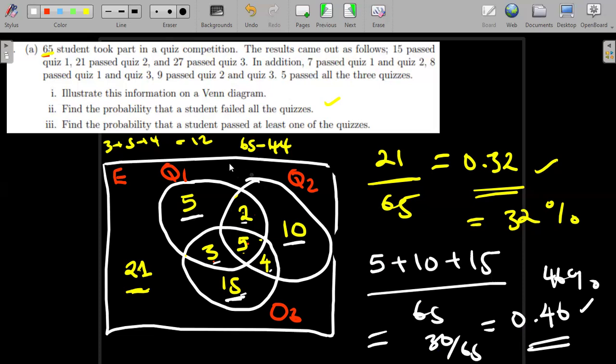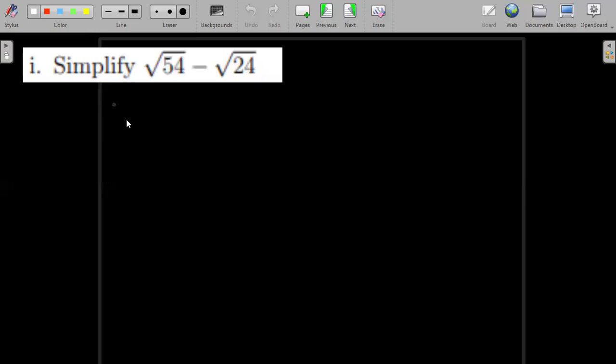All right, so we move on to the next question. We have this question here. It says simplify. We must simplify this. So how do we simplify that there? When you check the first one, you have root of 54. So root of 54, we can write as root of 9 multiplied by 6 minus,